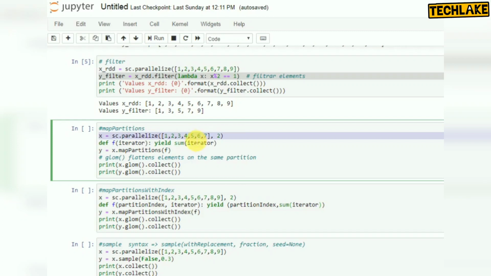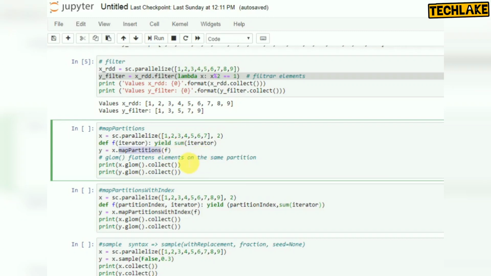Here I am creating another function, and it will do the sum. I'm applying this map partition. So what it will do is give the sum of the values for each partition. Whatever function you apply here, it will do the calculation for each partition.